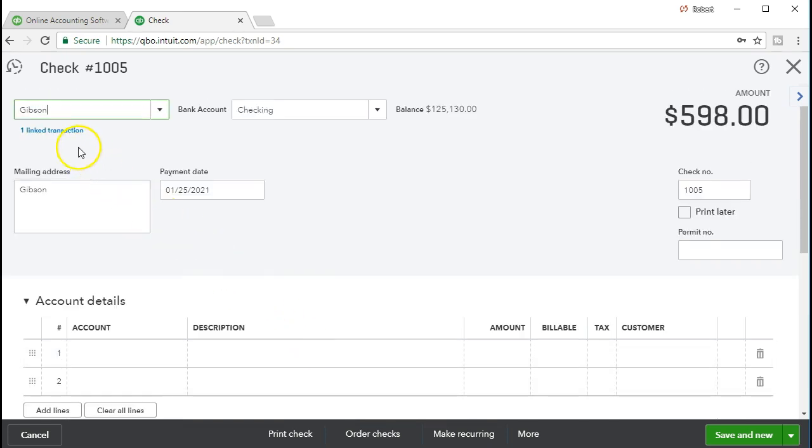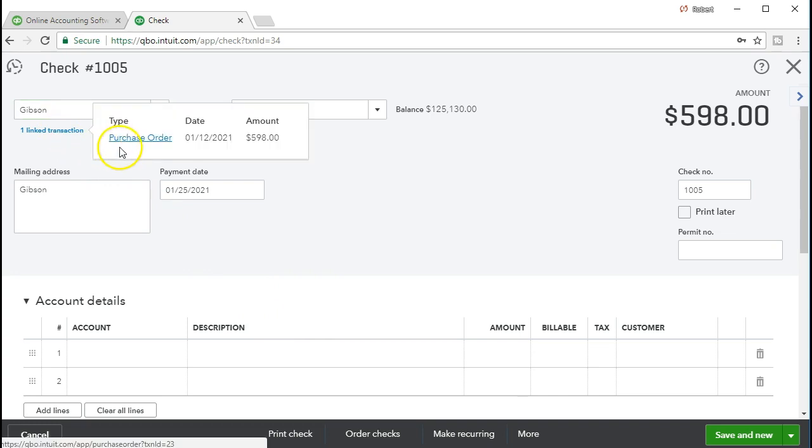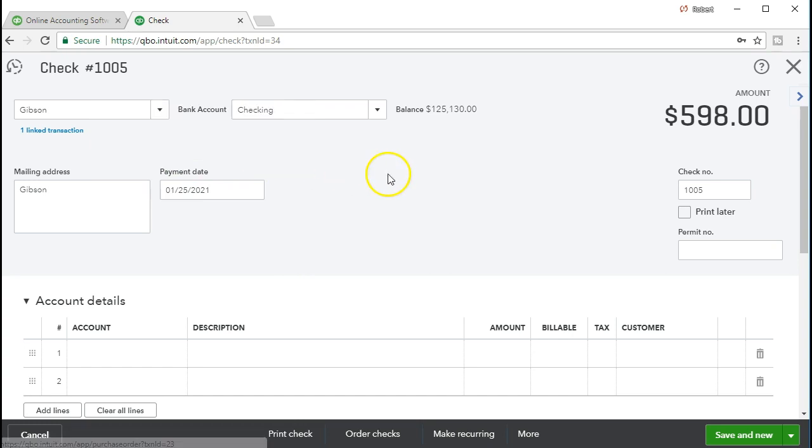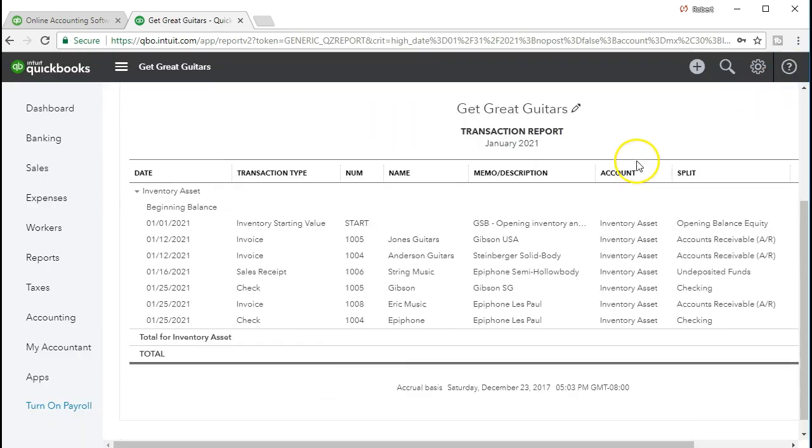And we can see that this is also linked. If we see the link right here up at the top, we see it's linked to this purchase order. So this is the original purchase order we made, and we're linking it all the way through the process. So to do that, we're going to close this back out, and we're going to go to the sales on